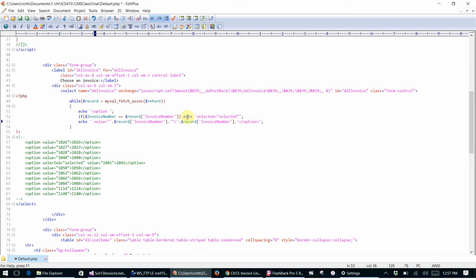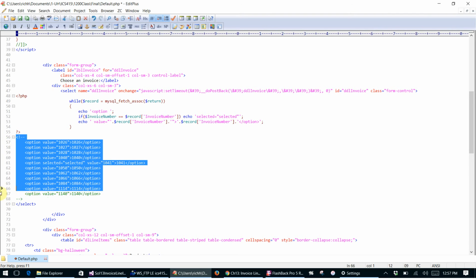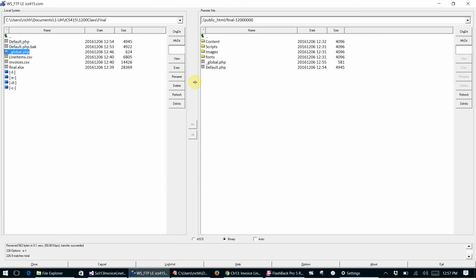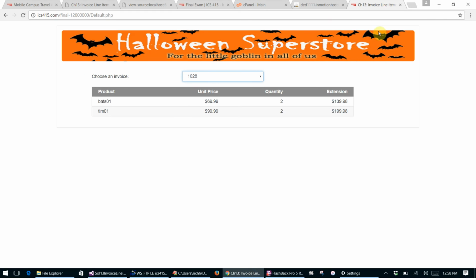So what happens is as this is running, if there was an invoice number passed in, and if that invoice number is equal to the invoice number that the option is just about to send out, we're going to throw in a little selected equals selected there. And so I'm going to get rid of this now. And now I'm going to save this, and I'm going to send this down. And now when I do a refresh,